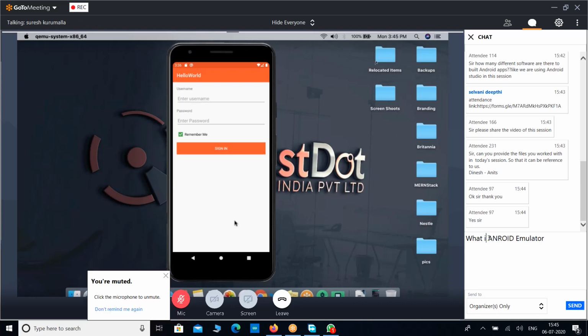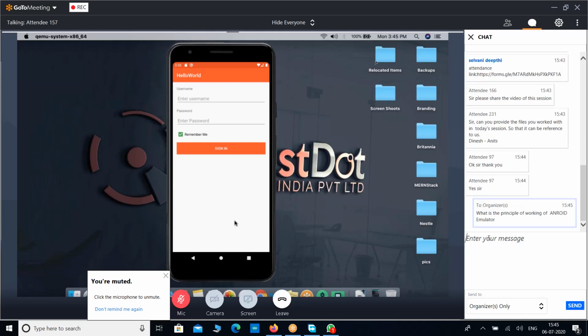One more participant is there, Chinta Ramya. She is asking, what is the difference between explicit and implicit intents? An intent is nothing but the activity you want to call from your application. Implicit intent means you are calling an activity that exists inside your application.